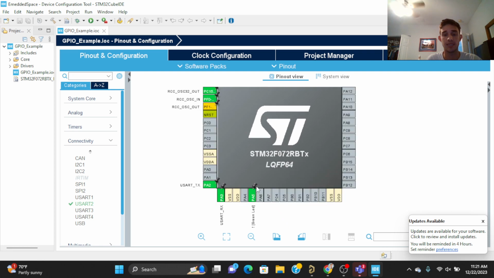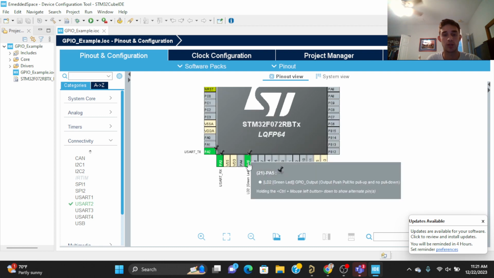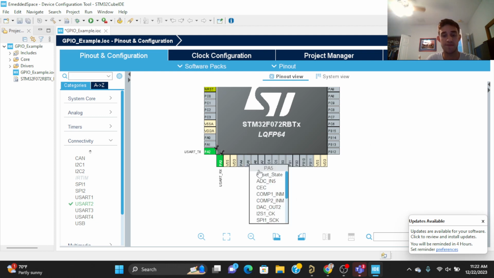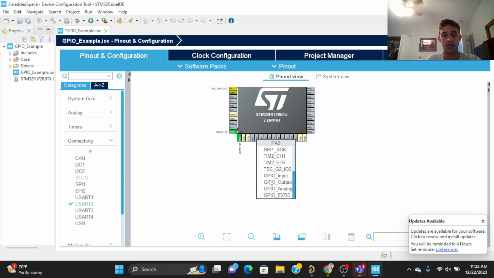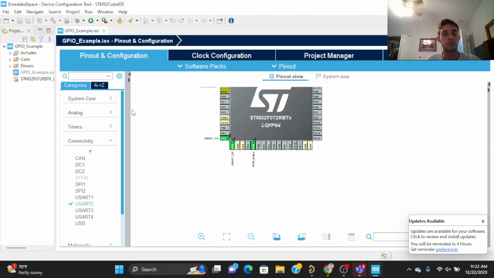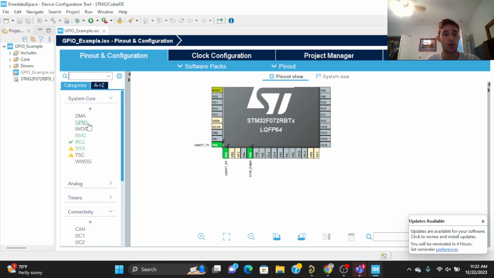You can see here the LD2 or green LED is already configured as a GPIO output. But if you wanted to do that yourself, we're going to make it reset state like all these other pins. We're going to go back to PA5 and set it to be a GPIO output. And if you want to look at this in more detail, you can go to System Core, GPIO,